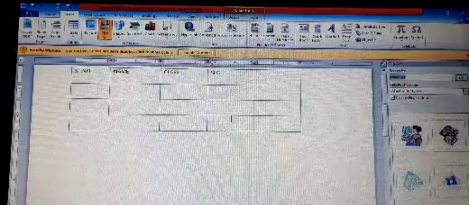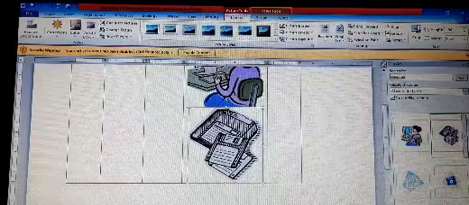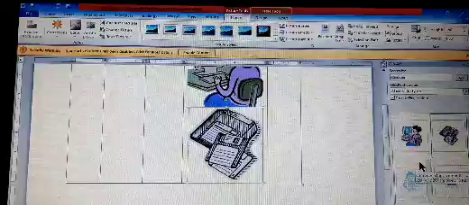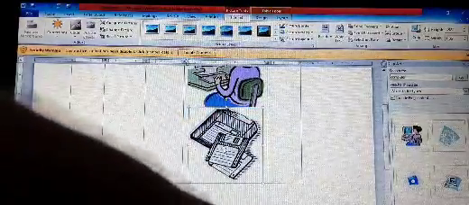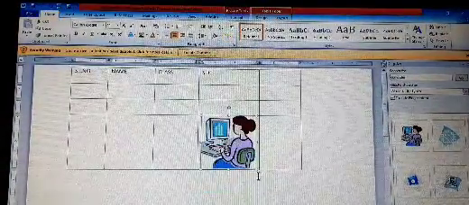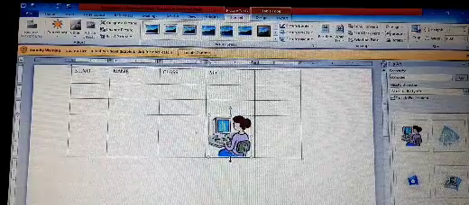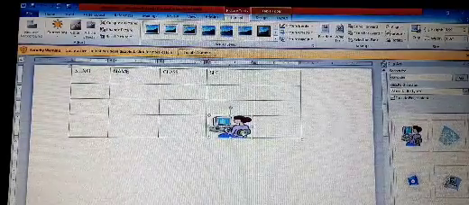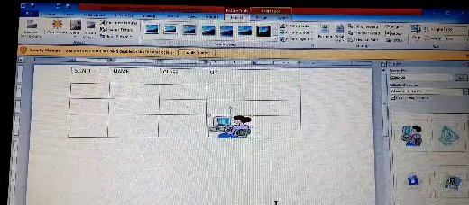Click on the Go button, then just click on the image to insert it. You can resize the picture also. Okay, in this way you can insert a picture in a cell.